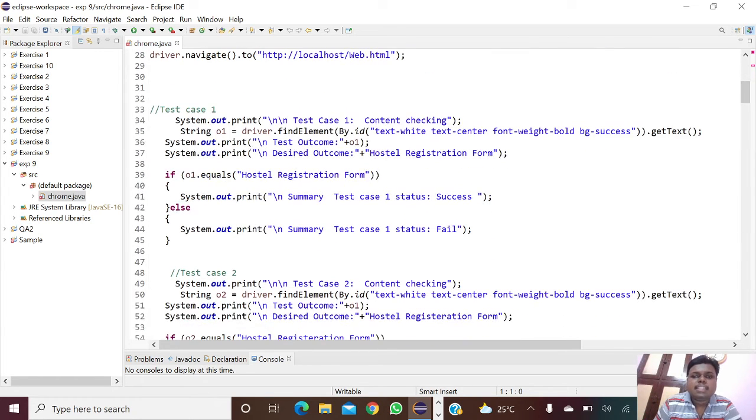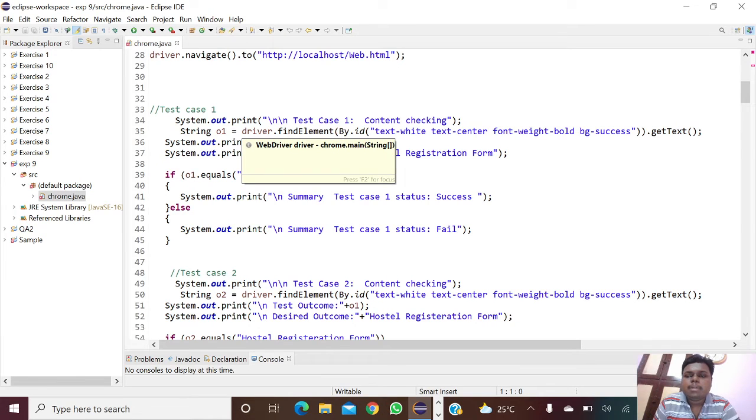Next I'm creating the test cases. For the first case I'm giving a title, so System.out.print of test case one content checking. And the string o1 equal to driver.findElement of By.id of text, with text as white and text placed in the center, font as white bold and background as success, and getting the get text.